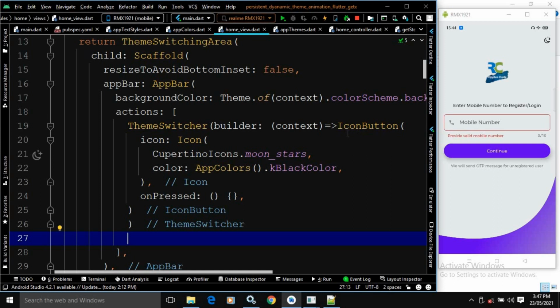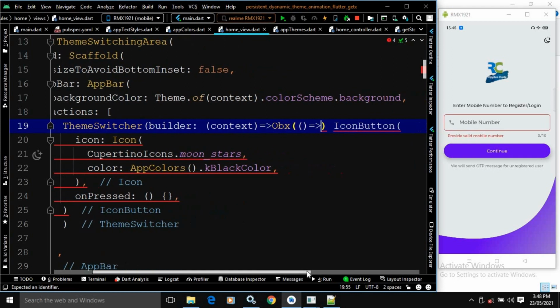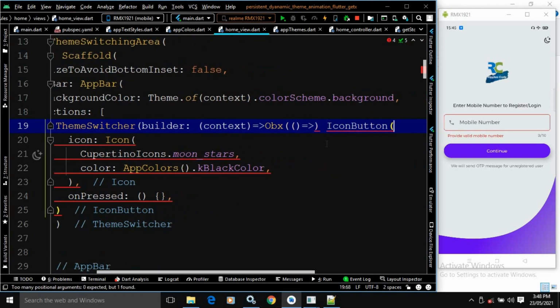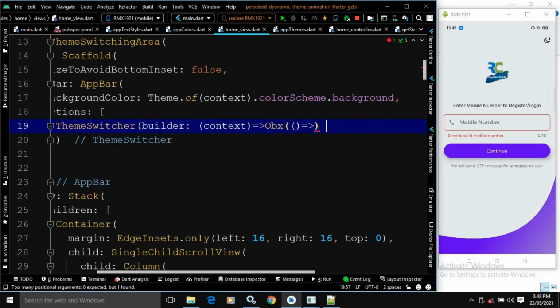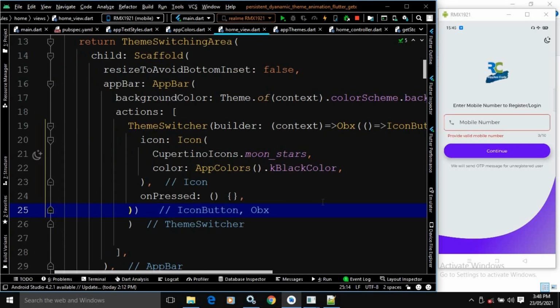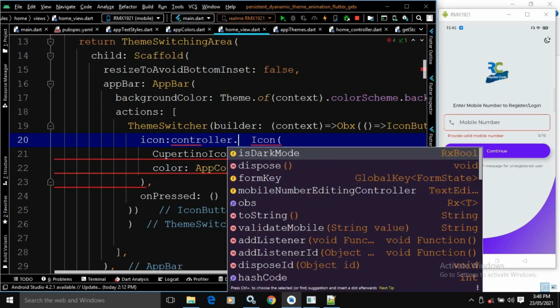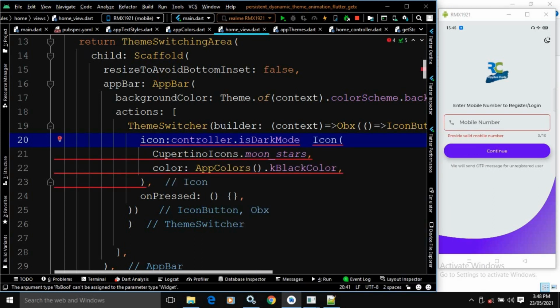Now here I will do one more thing. I will wrap this icon button inside the Obx widget, and to do that, I will write Obx and I will cut this icon button from here and paste it here. Fine. Now in the icon button, in this icon, I will write controller dot isDarkMode. If you remember, I have created this variable inside the home controller.